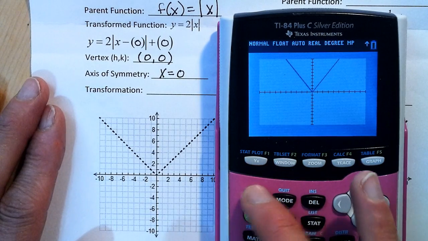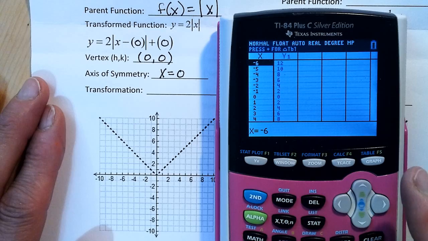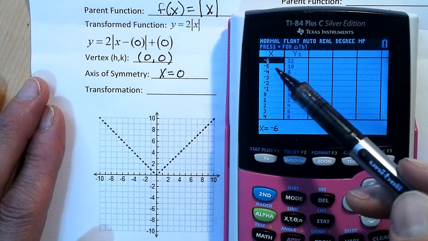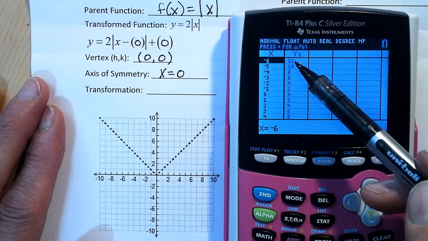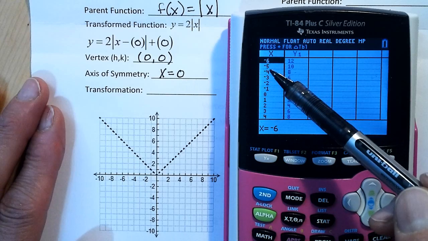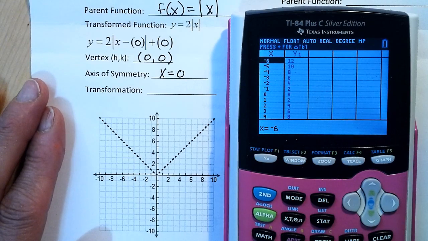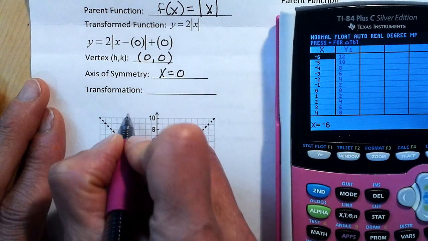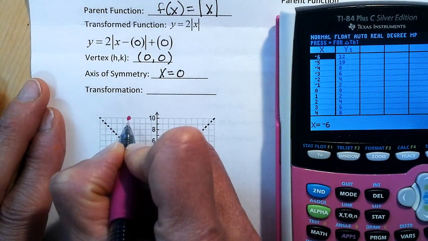Let's go to my table and plot some values. I cannot plot -6, 12 because 12 is not represented on my graph. But I can plot -5, 10. So -5, 10 is right here. And then I have